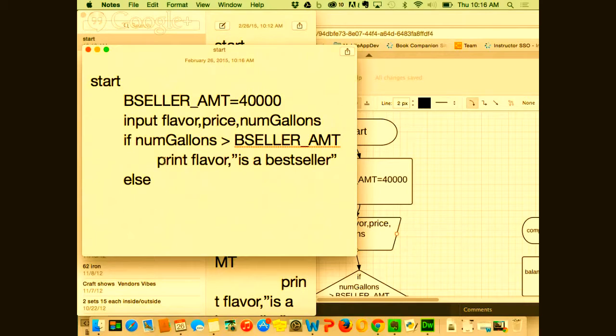It's important in Python. I never had a language where indents were important. Okay, else, what do we want to print? If it's not greater, we just want to print not a bestseller, right? And we can still print flavor in there. Okay, and that's it.